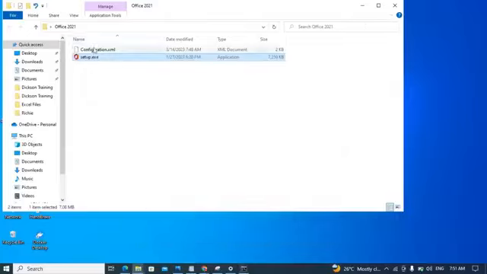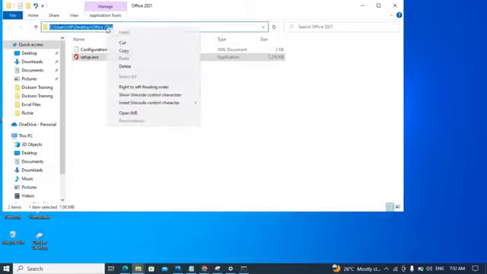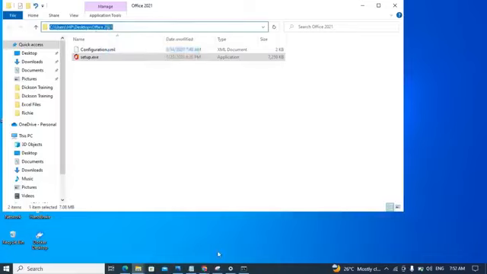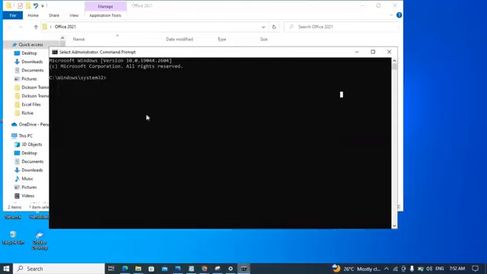So what I'll do is I'll come on to the Office 2021 folder, right? And click on this box here. And this pops up the path to this folder. So I'll just right click and copy this path. And I'll come back to my command prompt. So here I'll type in a command, cd, this is change directory. So I want to change directory to the folder and I'll paste the path I copied and enter, right? So you can see this is now on the Office 2021